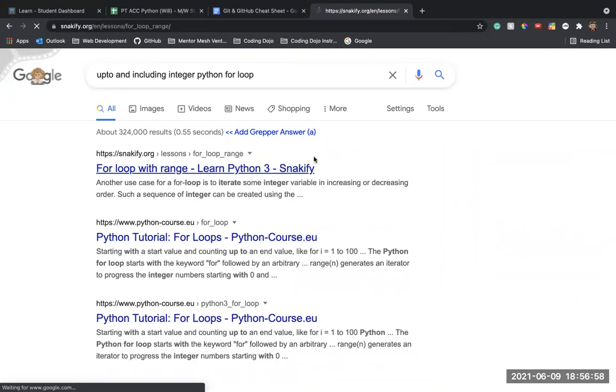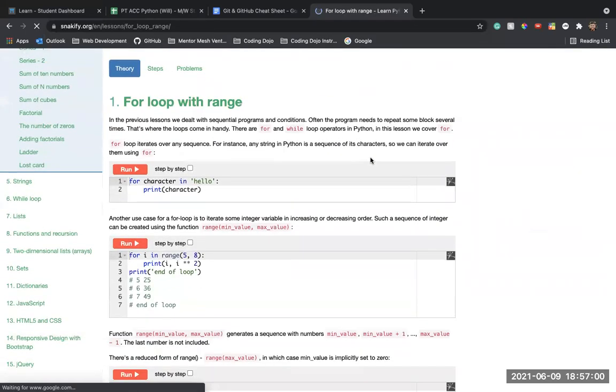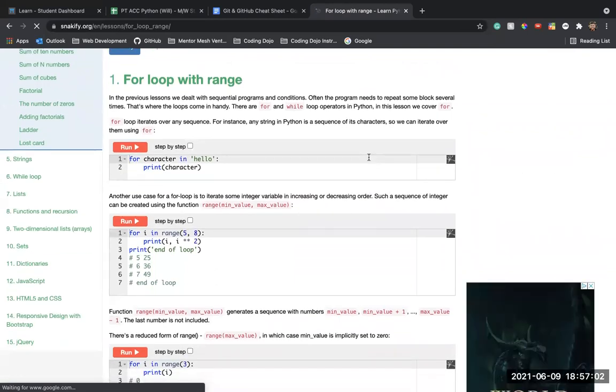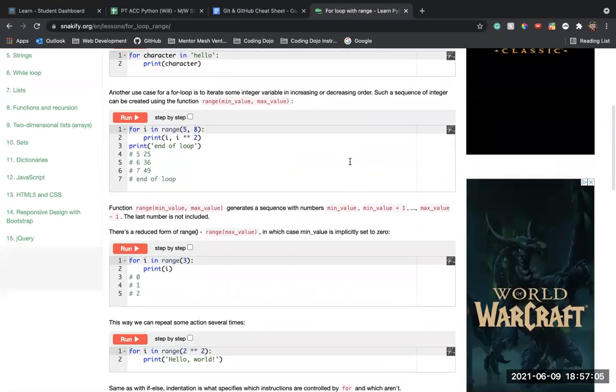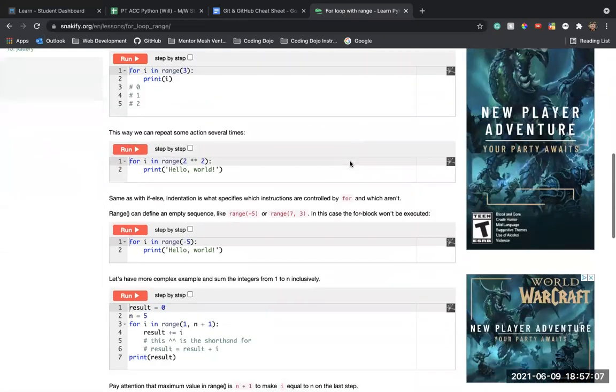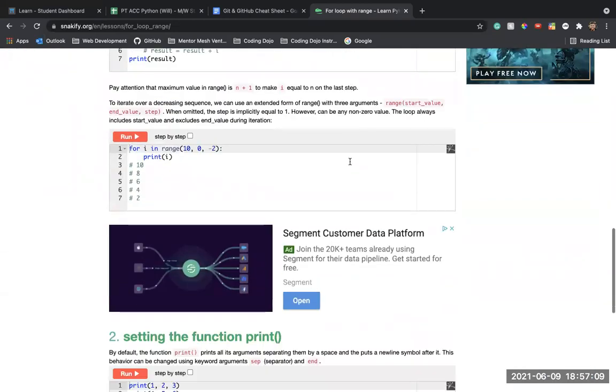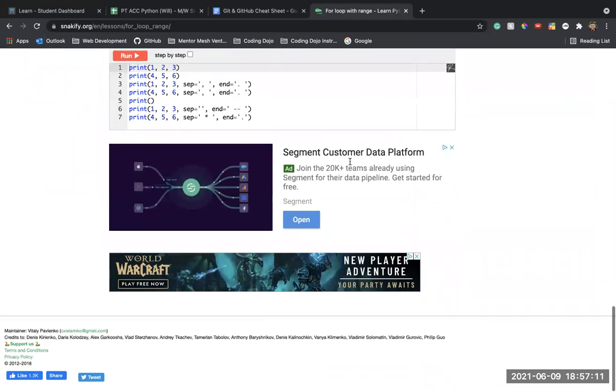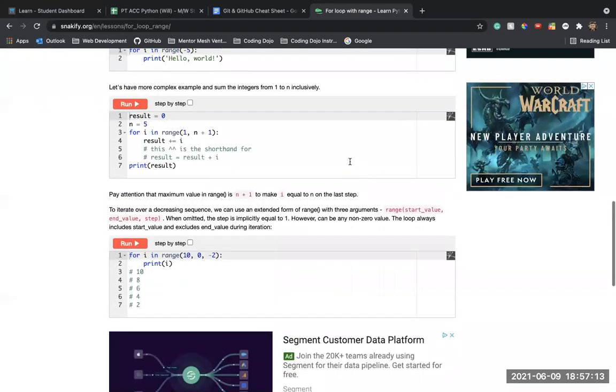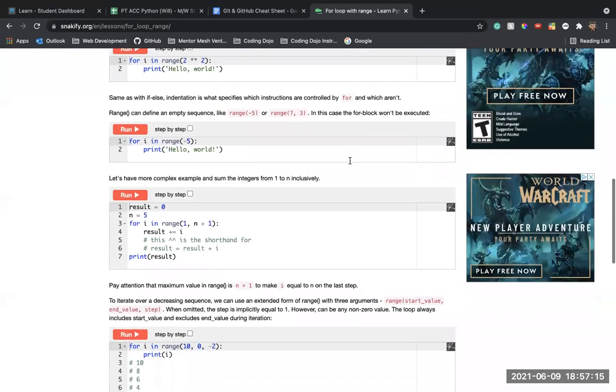Let's see. I'm going to give it maybe 2 more minutes. Yeah, I don't know. That's a great question. The maximum value in range is n+1 to make it equal.